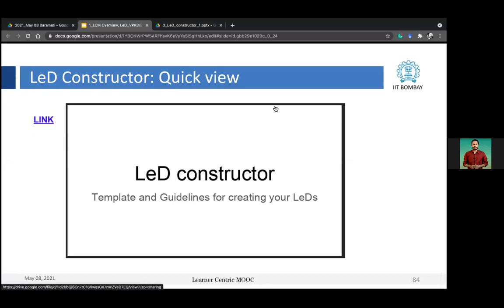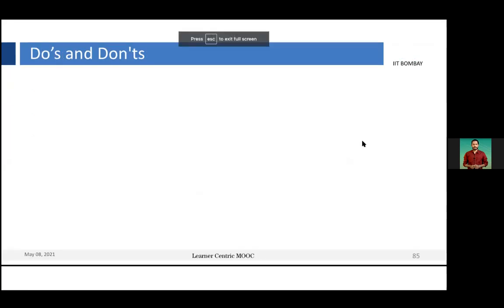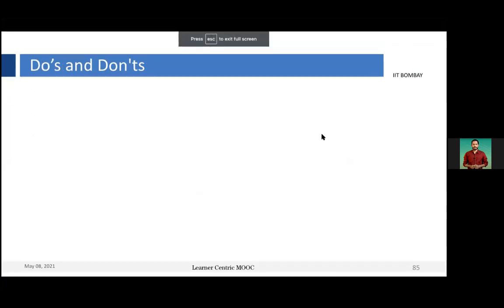Now, just before concluding, there are some do's and don'ts I would like to highlight based on my recent interactions and experience with all the faculties. The most common question is about eye contact, how can we ensure it, because in a live class we have this very habit of looking at learners and having eye contact. The same needs to be maintained while using an appropriate video format.